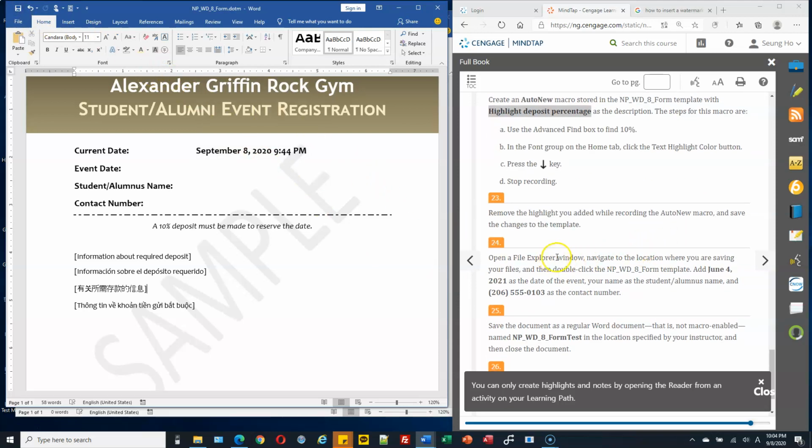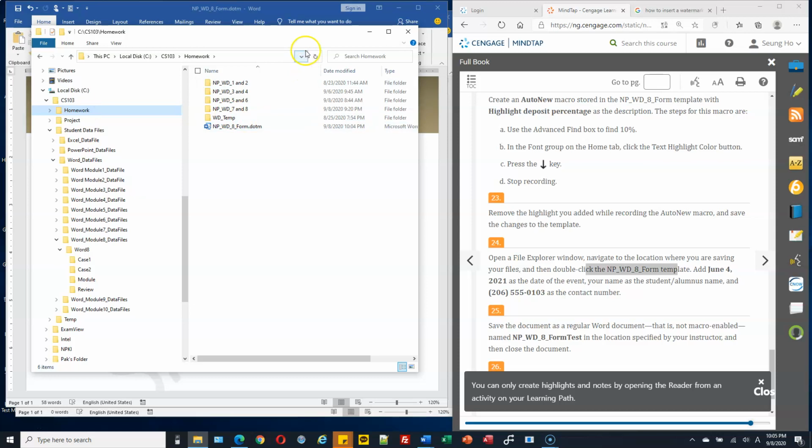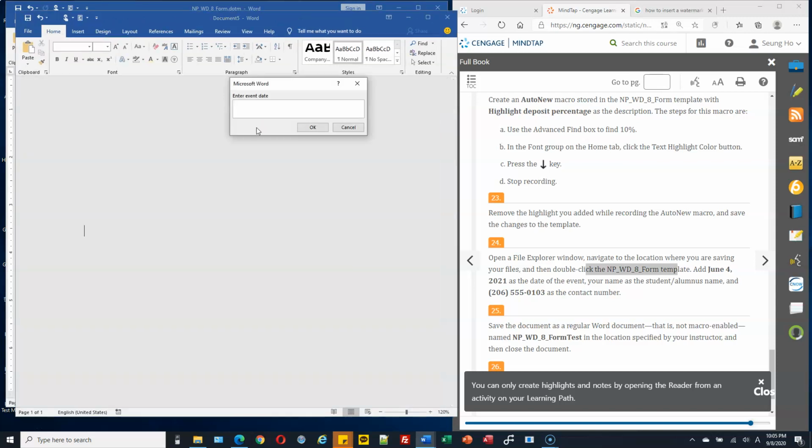Open a File Explorer window, navigate to the location where you saved your file, and then open this template. Go to your student data files folder. This is the template, right? If you double click it, this will create a new document.